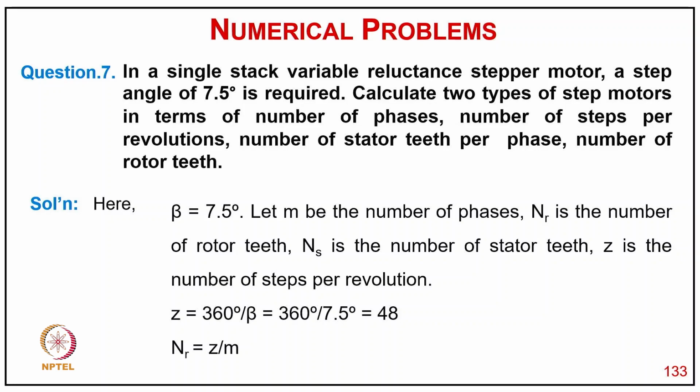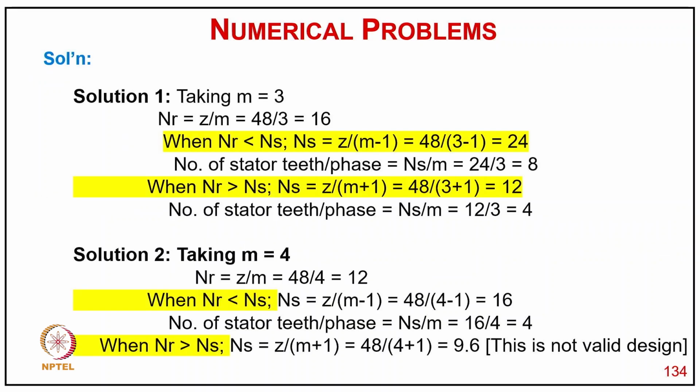So here beta equal to 7.5 degree. Let m be the number of phases, nr is the number of rotor teeth, ns is the number of stator teeth, z is the number of steps per revolution. So z equal to 360 by beta, that is 360 by 7.5 degree, 48, and nr equal to z upon m. So now coming to solution 1, taking m equal to 3 and nr equal to z upon m, so 48 by 3, 16. So when nr is less than ns, ns equal to z upon m minus 1,